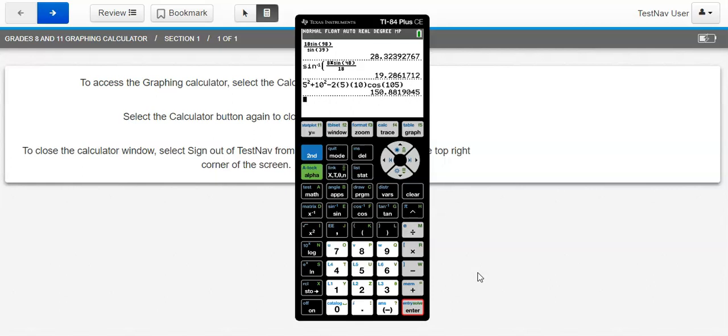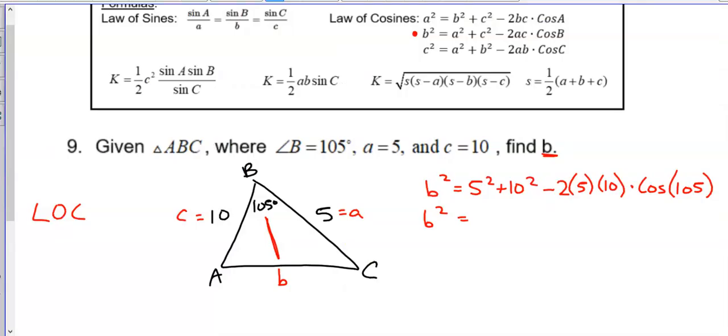Now, the biggest problem that students make on problems like this is they think they're done and they write that down as their answer. But you need to take the square root still. You still have that squared up there. You haven't quite solved for b yet. So I'm just going to put